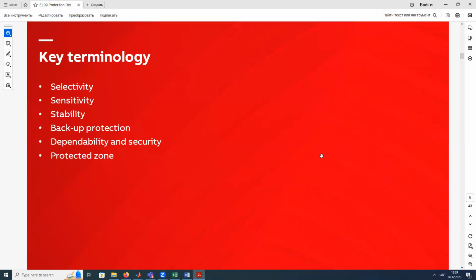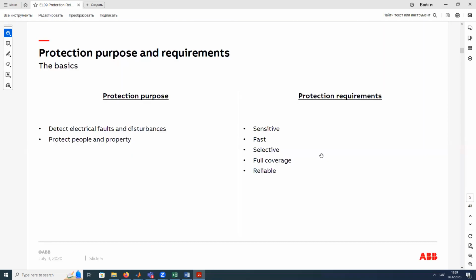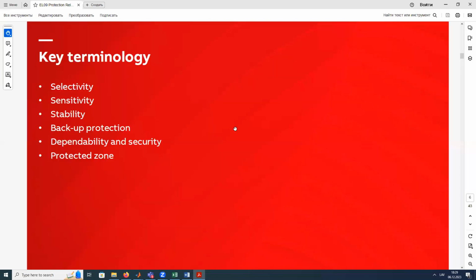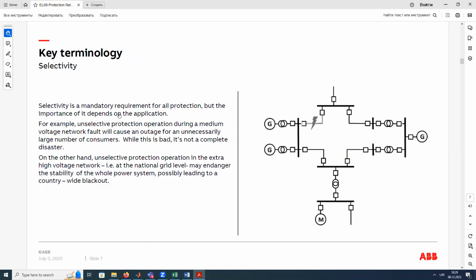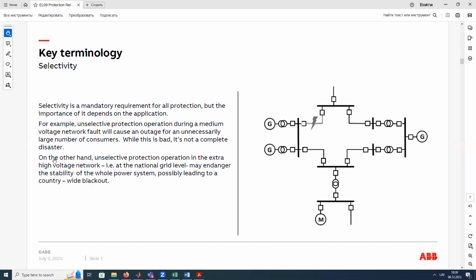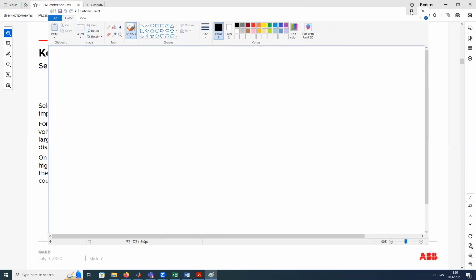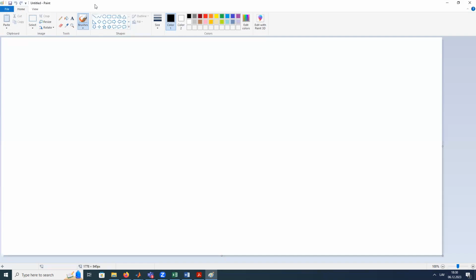Okay, let's go next to the key terminology. I tried to say some words about everything, and let's go to selectivity. But first of all, I'd like to say some words about voltage levels, about transmission, distribution, and private zones, about how we divide this protection. So first of all, let's talk about the top level, when we have